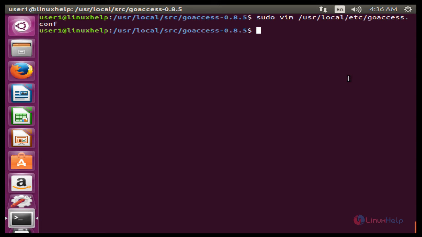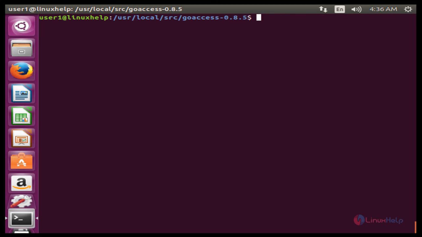The next command is to take the SSH of the root user. The command is ssh root@ and the IP address. Here the IP address is 192.168.7.177. Now enter. Now enter the password for root.